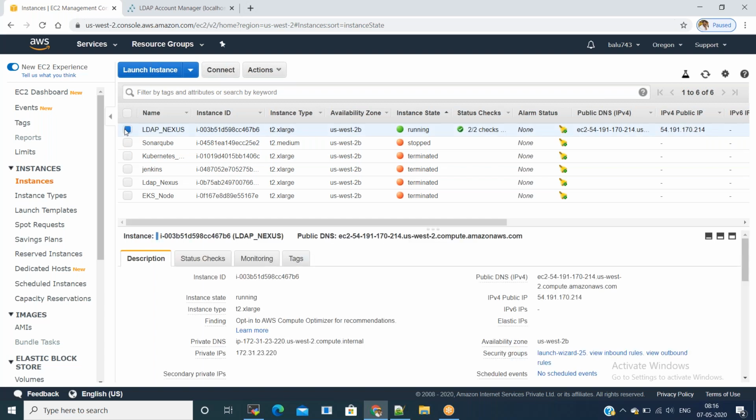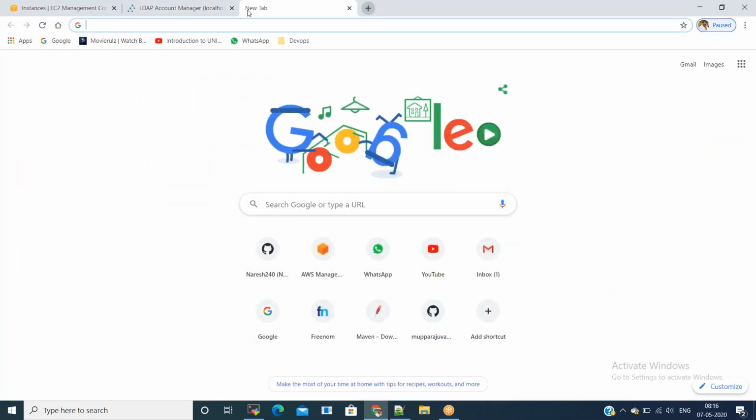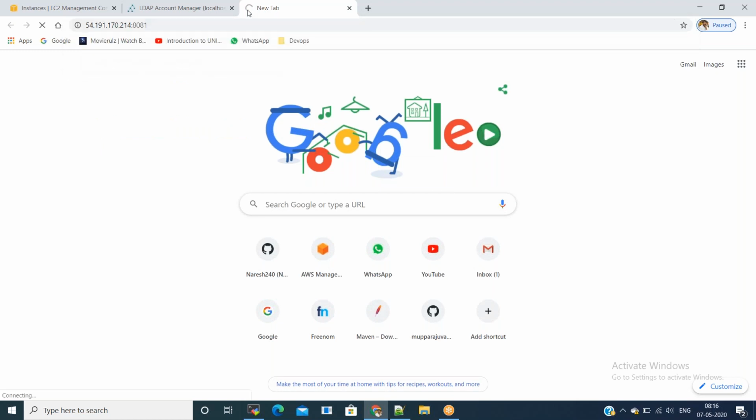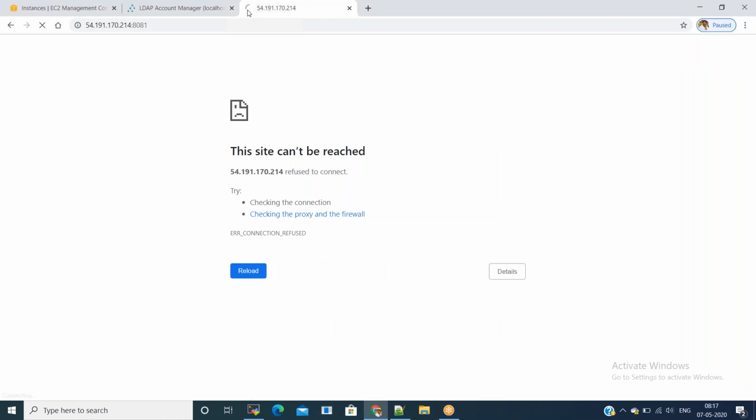Grab the IPv4 IP address, go to browser and say server IP:8081. Click enter. Usually it takes some time to load. Just wait and refresh the page. It just takes some time to load.